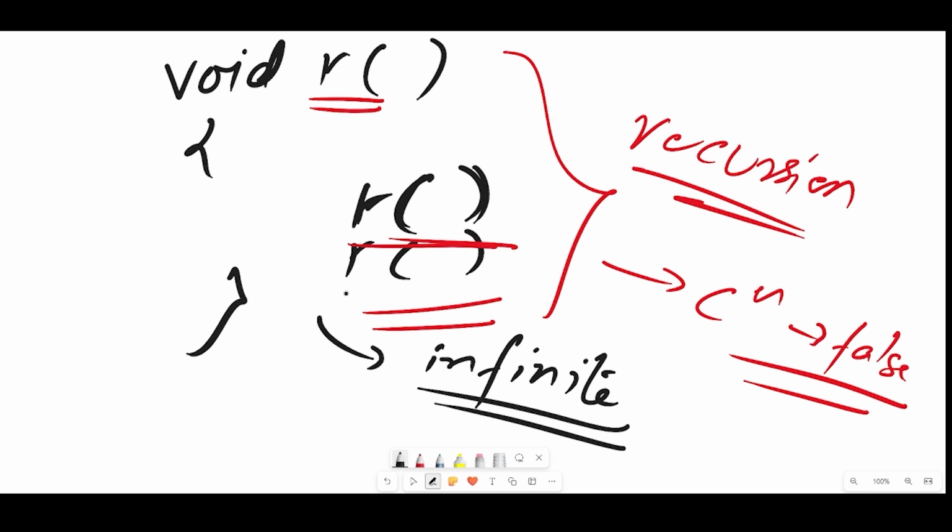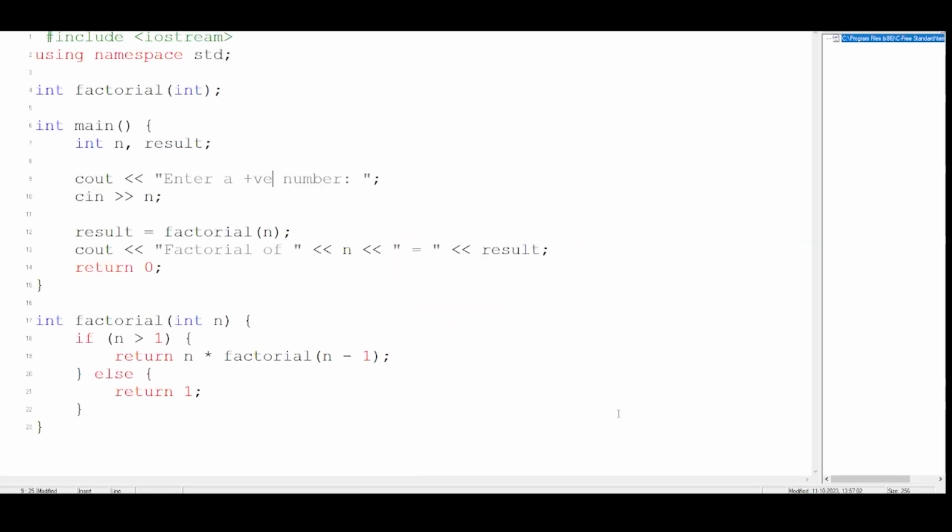So let me show you a program and I'll explain exactly what is happening. Over here I have a program that finds the factorial of a number. The most important thing is just line number 19, but I'll still explain the whole program. First, as you can see, the function prototype, which we learned in the previous class. Factorial is a function, and int is the data type I have passed to it.